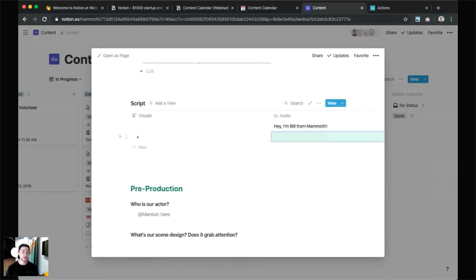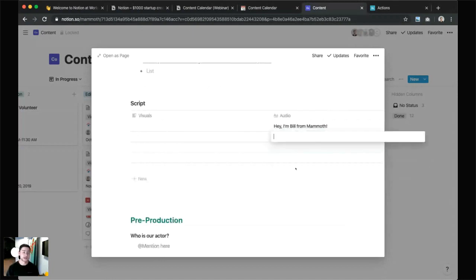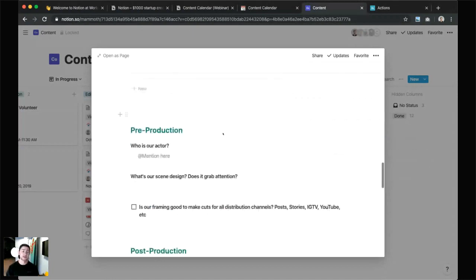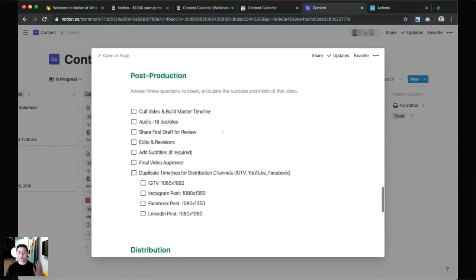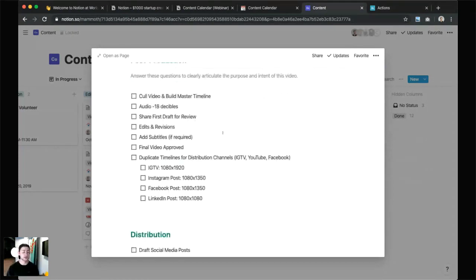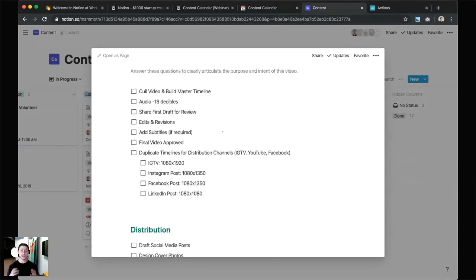And then you just create a new line for each different piece of your script here. Then we'll go down into our pre-production, post-production, all of that fun stuff. I won't bore you with too much of the details, but I really want to just get the idea into your minds of how flexible Notion is and how you can use it for whatever your processes are at your company to make sure that you're always doing the steps that you know need to get done to produce excellent